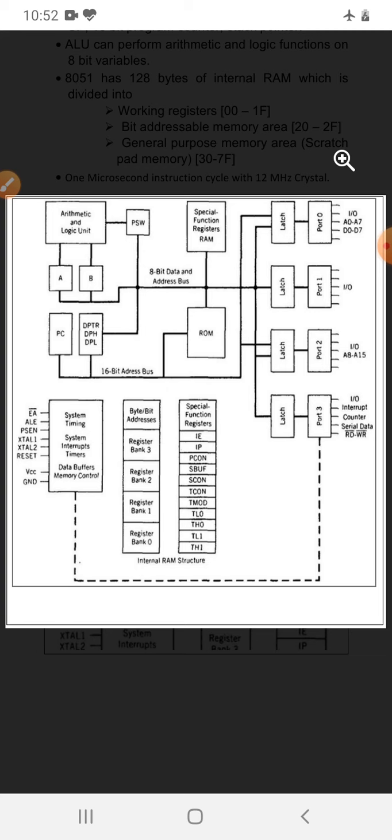So the 8051, which consists of an 8-bit ALU, can perform all arithmetic and logical operations on 8-bit data in one machine cycle. Along with your ALU, two registers are used: register A and B. Register A and B are special function registers which hold the results of many arithmetic as well as logical operations. Register A is also called an accumulator